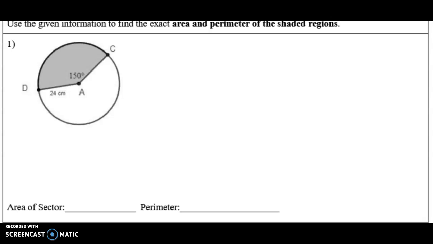Okay, so here's my example, the first example, where we're trying to find the area and the perimeter of the shaded region, which is a sector. It's like a piece of the pie. And so let's start with area. To find the area,